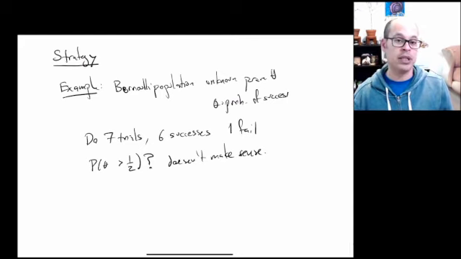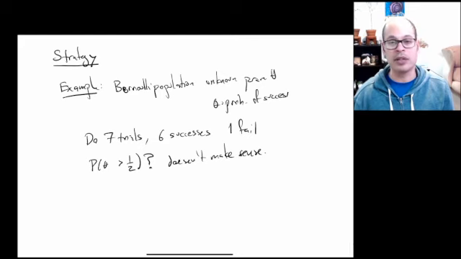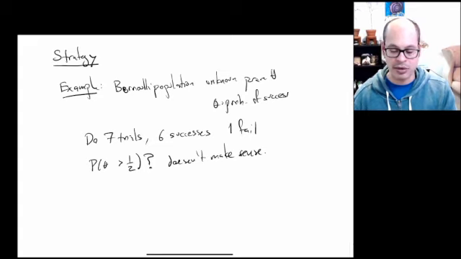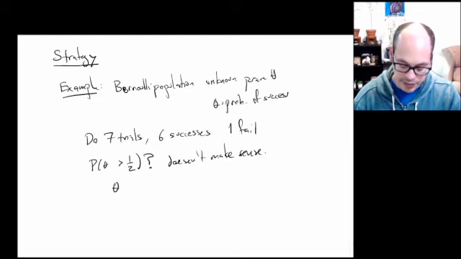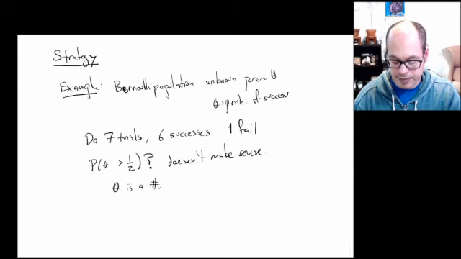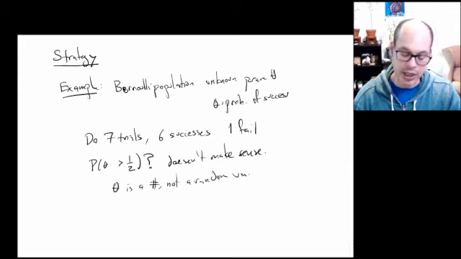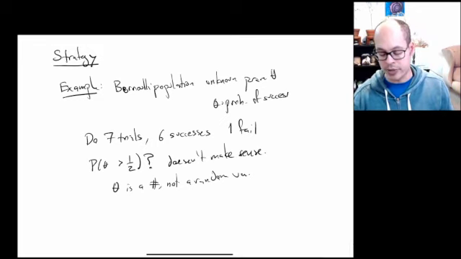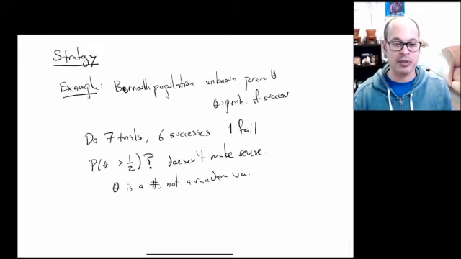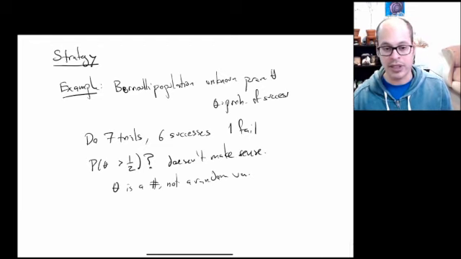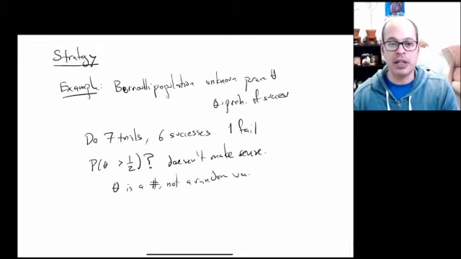Theta is what it is. It's either greater than a half or not greater than a half. It's not a matter of sampling and checking the value of theta. The value of theta is just what it is. It's a number, not a random variable. Well, strictly speaking, it's a constant random variable, which means the probability is either 0 or 1 depending on whether it is or it isn't. But in any case, the point is that theta is not a random variable.